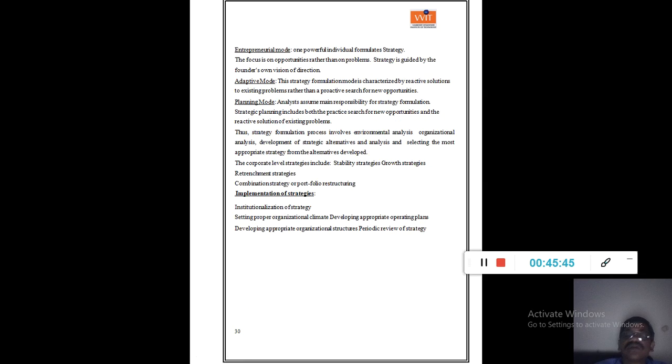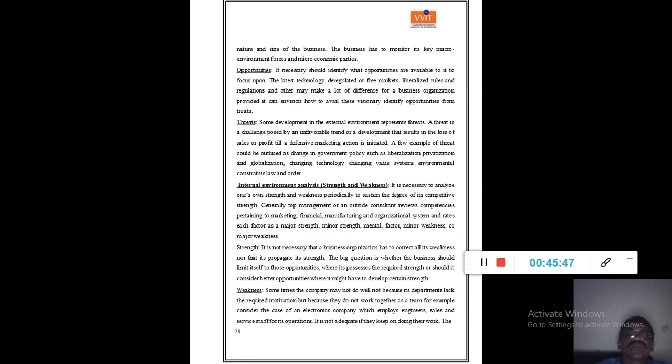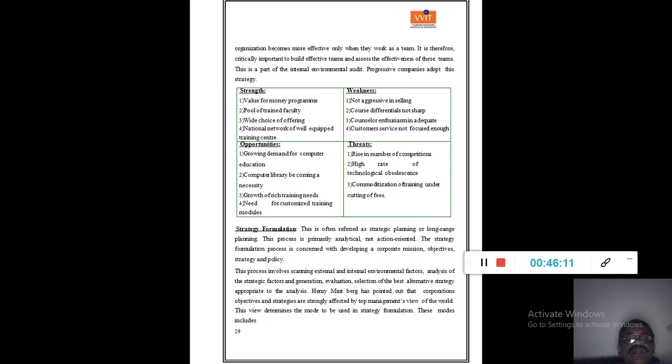strategic management unit we have covered, and in this we have discussed the elements in corporate planning, and then we have discussed the strategic management process, then we have discussed the environmental scanning, then we have discussed the SWOT analysis, and then internal environment analysis. And if you look at the strengths and weaknesses, they are also given for a particular organization.